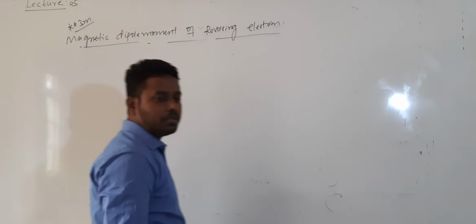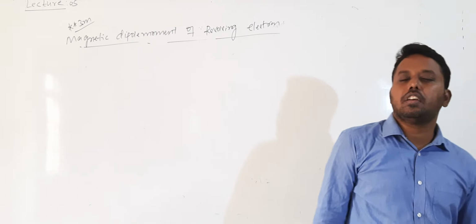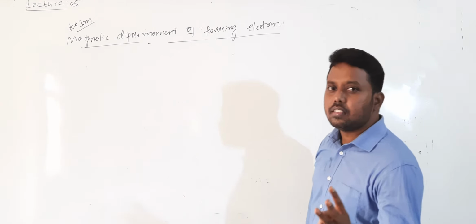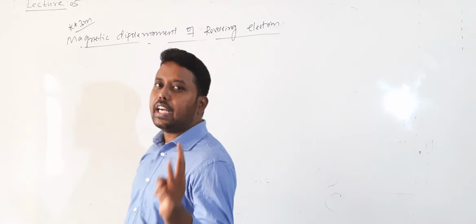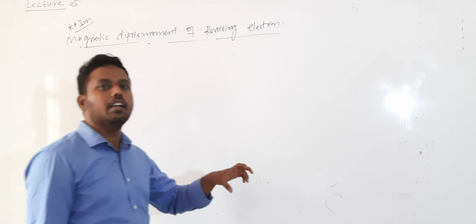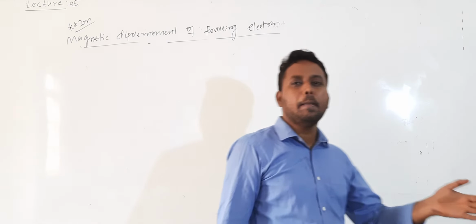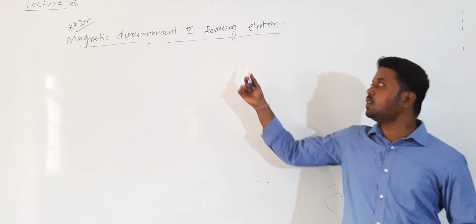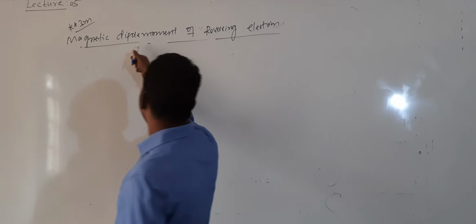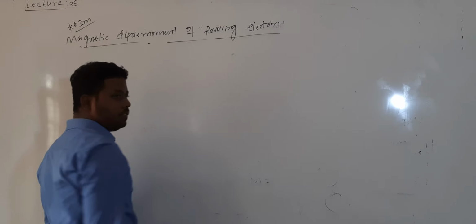The next 3 marks question. Till now we got 3. This is the third 3 marks question. The first question is the force acting on a current carrying conductor. The second question is, show that a circular current carrying loop is a magnetic dipole. And the third question is, obtain the expression for the magnetic dipole moment of a revolving electron.